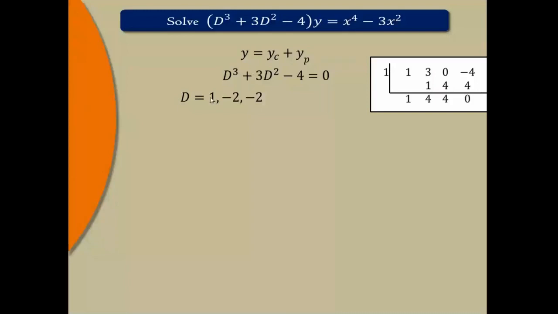Now how to get the other roots? Making use of the values other than 0, we get another equation. What is that equation? Treat this as a constant term, take this as the coefficient of D, and take this as the coefficient of D squared. So it becomes D squared plus 4D plus 4 equals 0. And D squared plus 4D plus 4 is nothing but (D plus 2) whole squared. And (D plus 2) squared is 0, meaning D plus 2 equals 0, and that will appear 2 times because of the square. So D will be minus 2, minus 2. So the roots are 1, minus 2, minus 2.